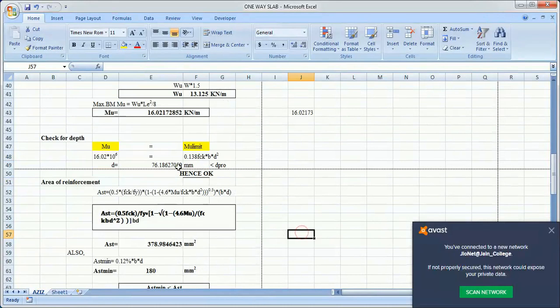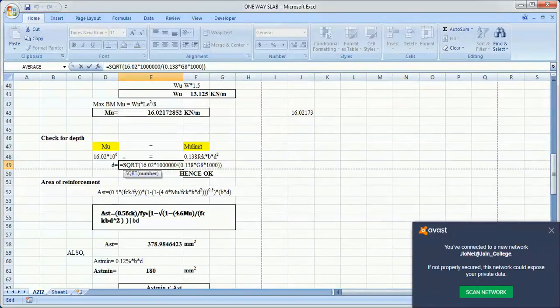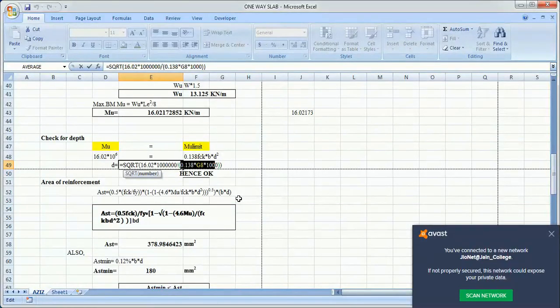Now what you have to do? You have to find out d. So how? Square root of. So you can find out the square root of Mu divided by 0.138 fck b. Square root of, you can insert the square root, or even you can, here it is given as SQRT which is nothing but square root. So you can take that also,